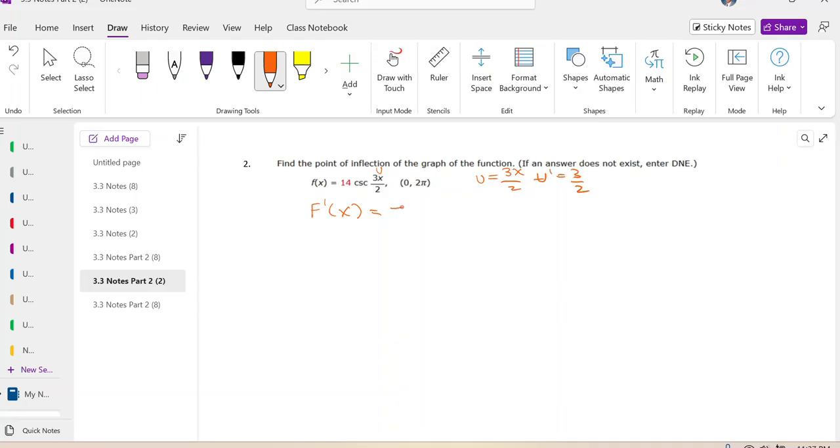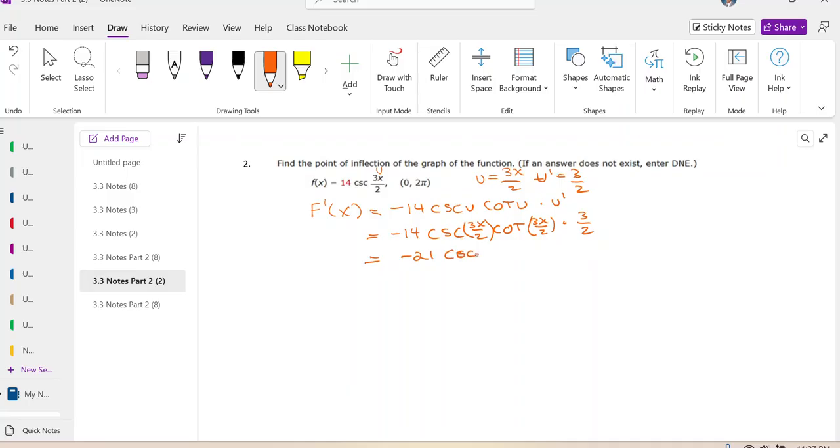So remember, this would be negative cosecant u cotangent u times u prime. So it's basically negative 14 cosecant 3x over 2 cotangent 3x over 2, that's the angle, times 3 halves. So 3 halves times 14 gives you negative 21